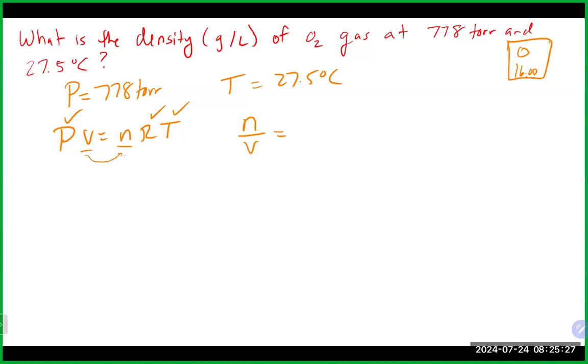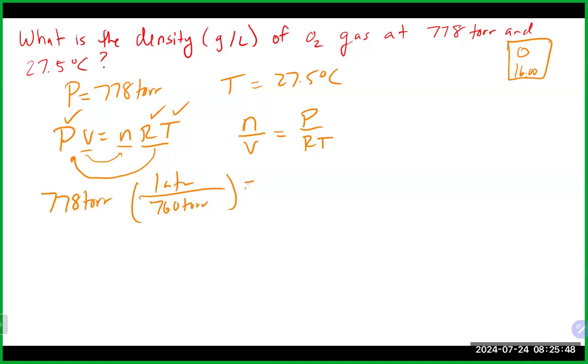And again, we're going to bring this way and these two guys to the other side. And that will give me P over RT. And those guys I do have. And again, because this is the ideal gas law, it also reminds us that we do have to watch our units. So we do need to convert our pressure into atmospheres, which is 760 torr is an atmosphere. And if we divide that out there, looks like 1.02 atmospheres. We also, like normal, got to add our 273 here to our temperature,